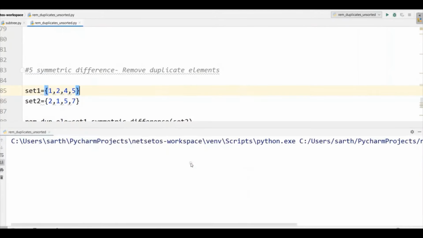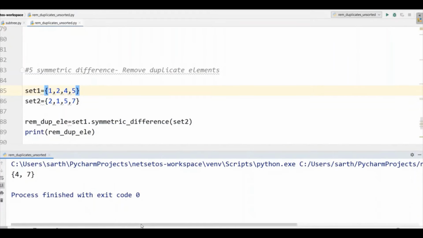Let's run the program, and here we got 4 and 7. Sorry, here 1, 2, 4, 5, where 1, 2 and 5 have been repeated. 4 and 7 are the ones which have occurred only once. So this is how you can remove duplicates by array, list, set, dictionary using symmetric difference and lambda functions.